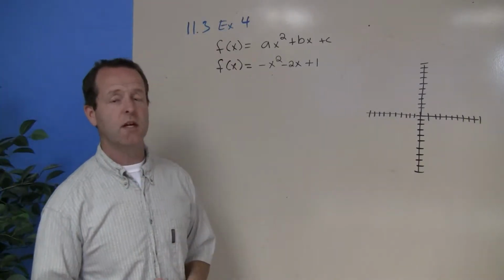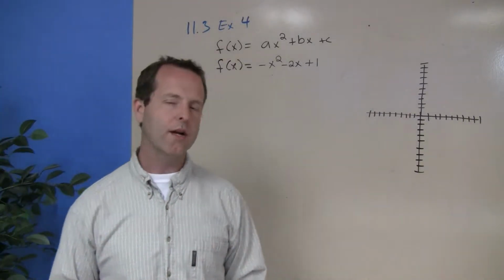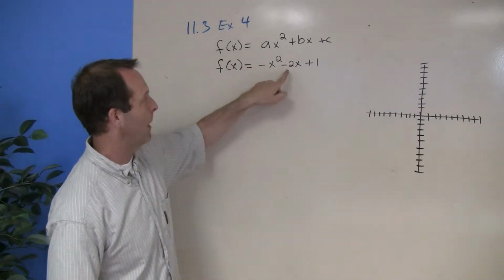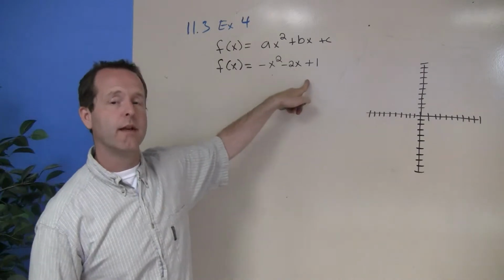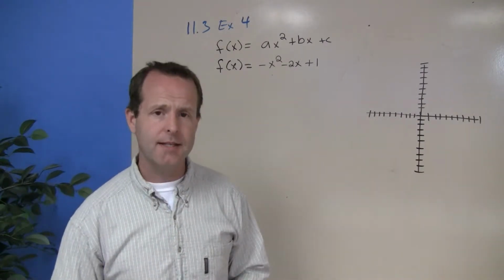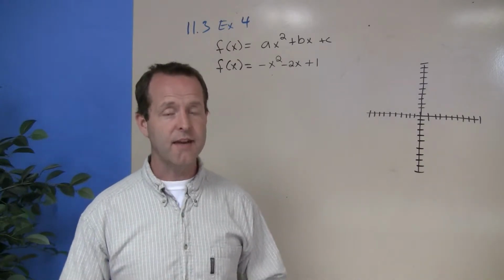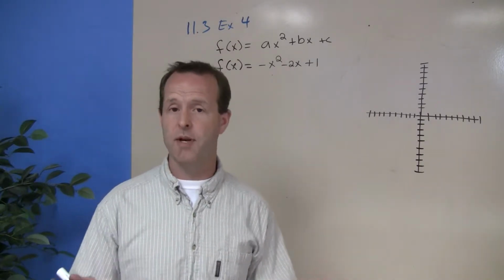We have another example here of graphing a quadratic. The example we're going to look at is negative x squared minus 2x plus 1. So we're going to go through it step by step to determine some of the key features of a quadratic. And the key features that we want to know are, does it open up or does it